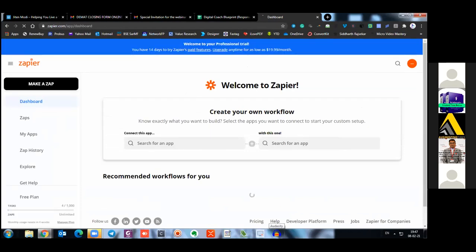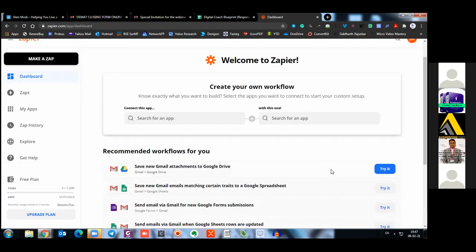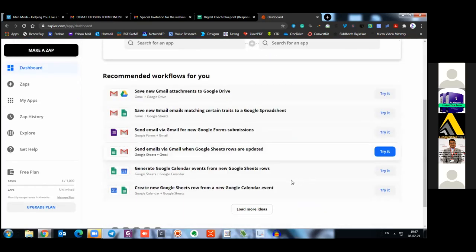Subodh sir, both Zapier and Integrately have the same functions. So there's nothing different. You can go on the other application also and search for the same. It also has Google Sheet and Gmail, send email via Gmail. So if you want, I'll show you that too. But I was just doing something and that's why my account got stuck. A while before only I've just created it.